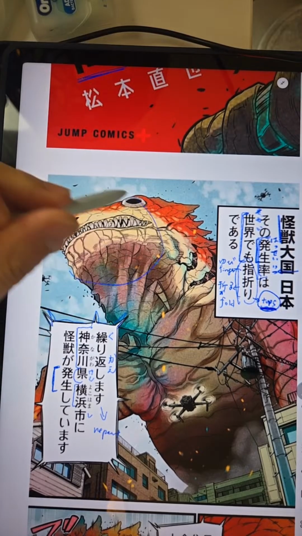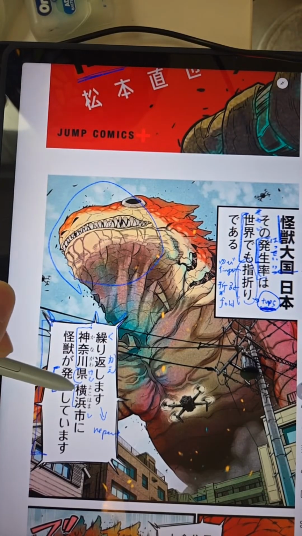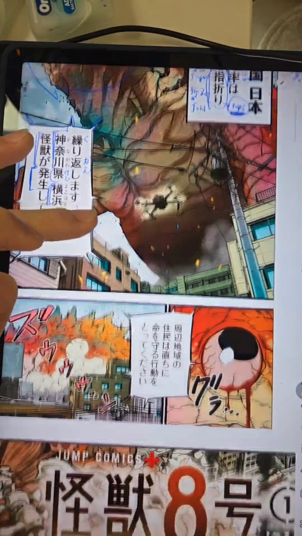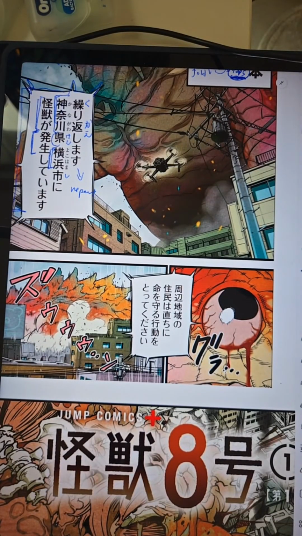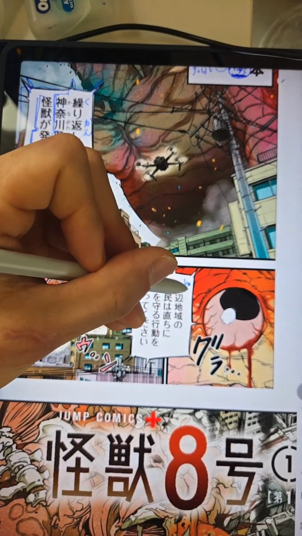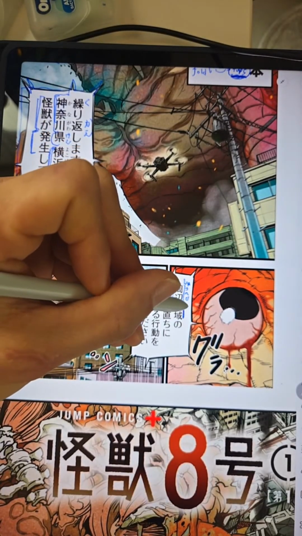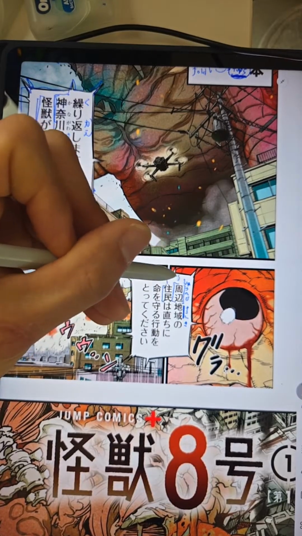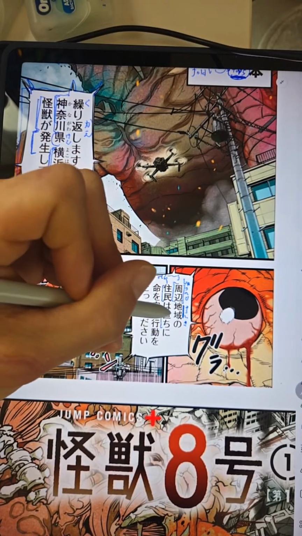So in this one, being born, right? So I guess this one, you can translate as I repeat. In Yokohama City, Kanagawa Prefecture, a monster has been born, has occurred. Okay? はい。周辺地域の住民は直ちに命を守る行動をとってください。周辺 means surrounding, neighborhood. 地域 region, 地域の住民 residents は, so residents around this area は直ちに。